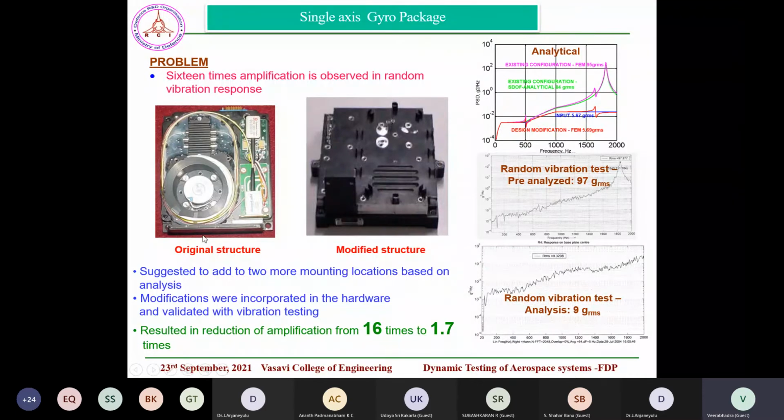And similarly, another sensor sensitive unit, which when we were subjecting to vibration input, we were getting very high vibration response. That is, amplification ratio was around 16 times. So we understood what was the issue, and we had seen that the system was very close to having a resonance around 2000. So we thought if we can shift this beyond 2000 by increasing the number of screws, this will come down. So we increased the number of bolts and then reduced the amplification ratio, and the ratio of transmission was from 16 times to 1.7 times. This is how the system was protected.